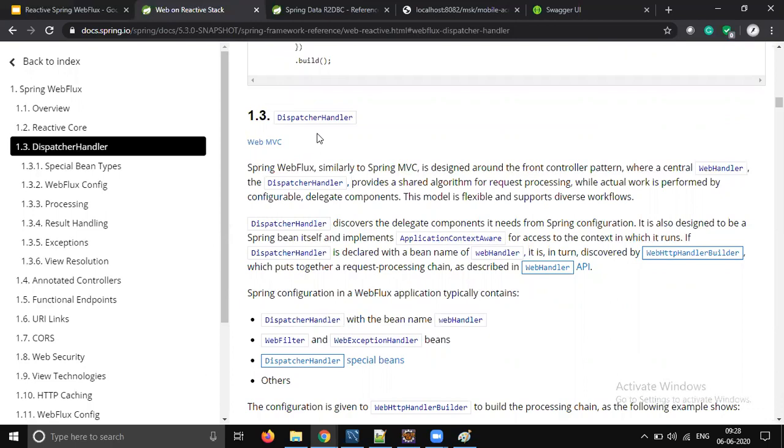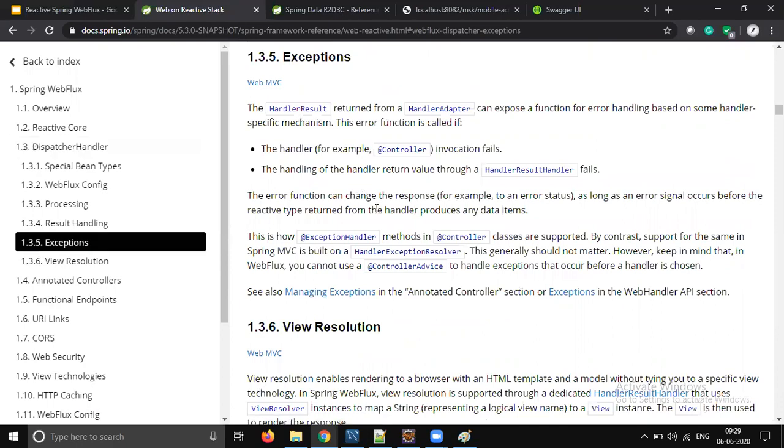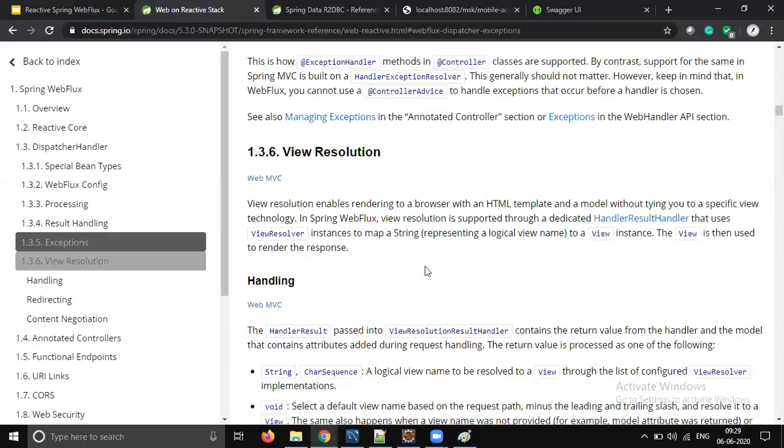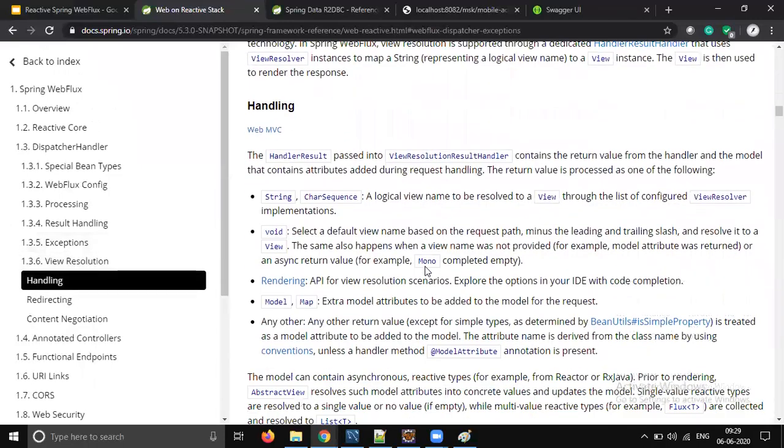We don't need to worry about the features we have, like controller advice and exception handling. Those will work. @ExceptionHandler and @ControllerAdvice will also work for Spring WebFlux, so we need not learn that separately. Error handling and validation messages will all work as is for Spring WebFlux, because all those are Spring features.